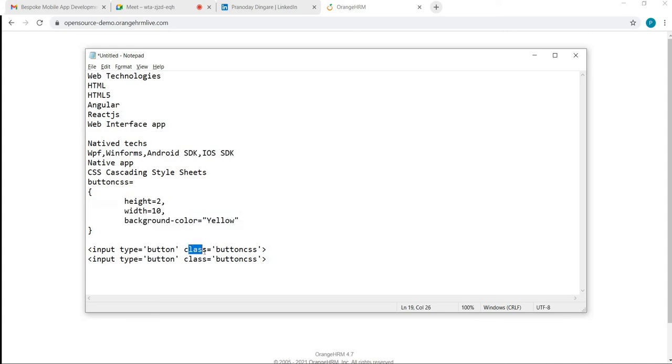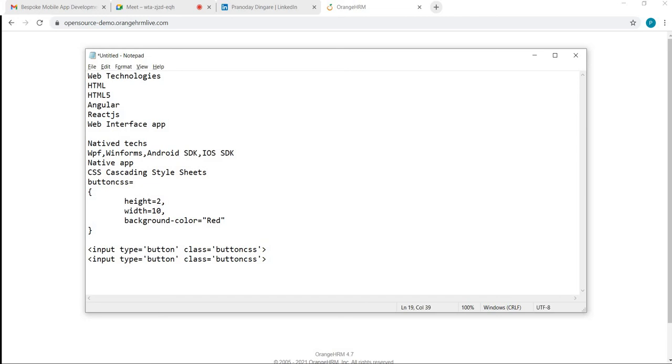So this is what designers do. Now if tomorrow we want to change the colors of all the button controls in our page from yellow to red, I'll just make a change here. I will not go to every control and change it individually. I will simply change the CSS that is referred to by the button controls in my page, so that the change is passed on to every button control in my page. This is how designers design the applications. So this class attribute usually refers to the CSS which is applied to that, right?